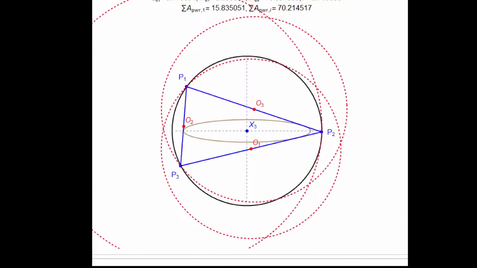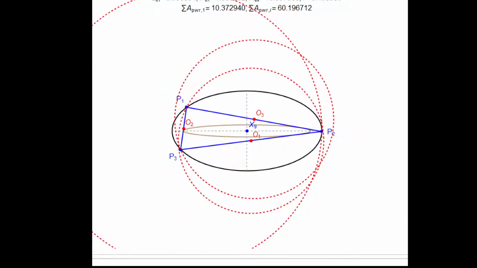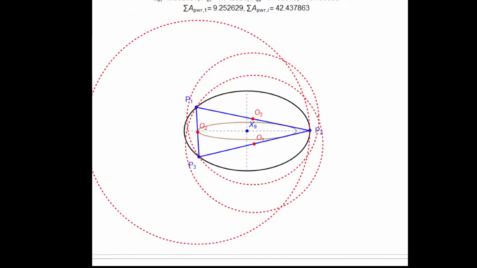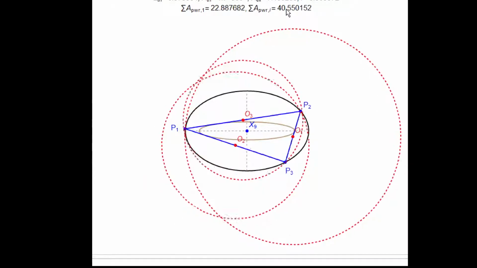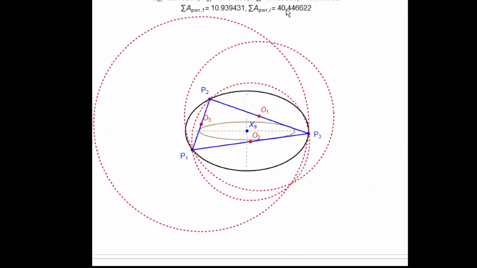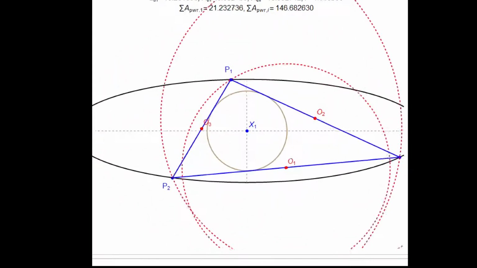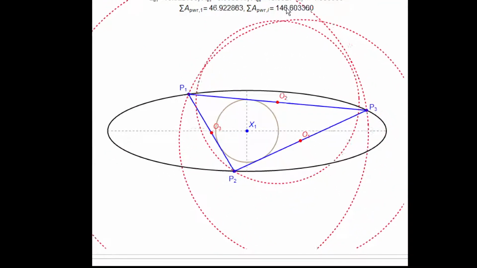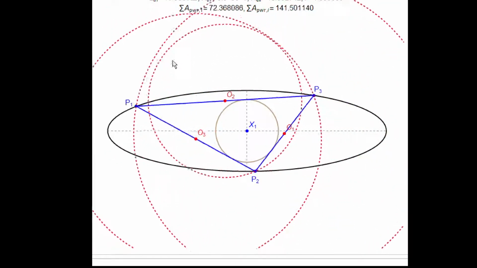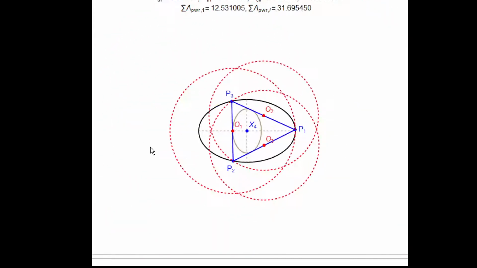However, if you go to, say, the confocal pair, the elliptic billiard pair, you're going to notice here that the sum of areas is not invariant. So this does not work for the confocal pair. This does not work for a pair with an incircle. For example, this one, the sum of the areas is not constant. And this does not work for the dual pair,